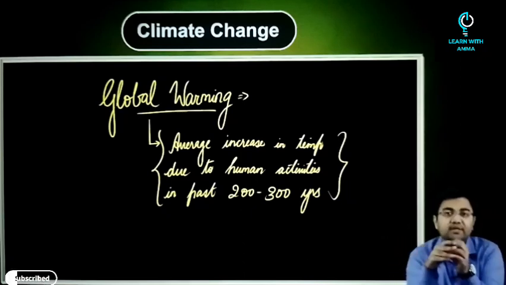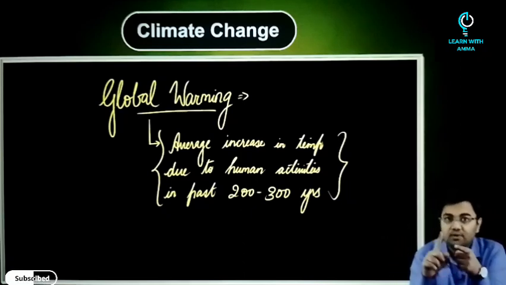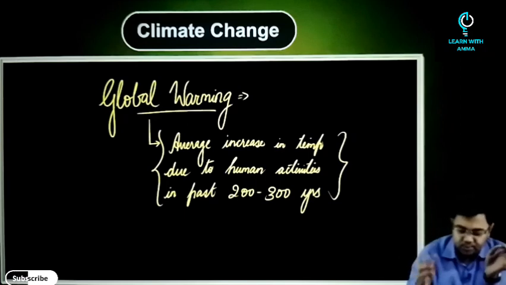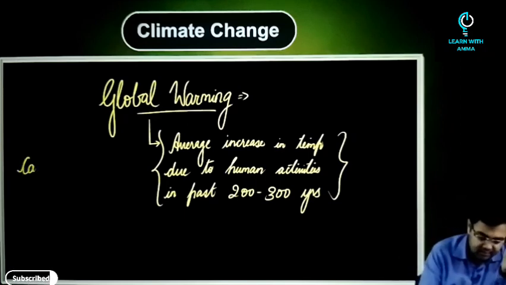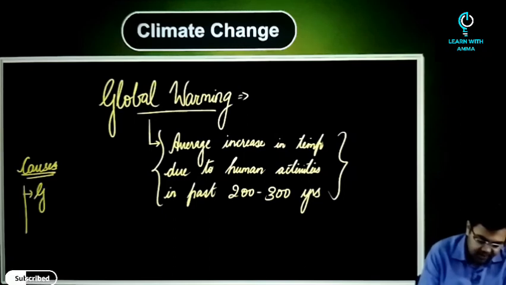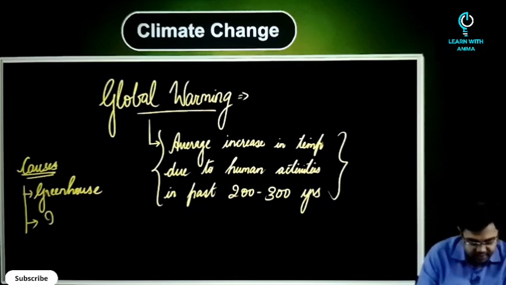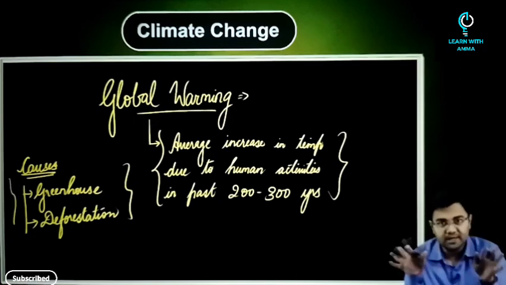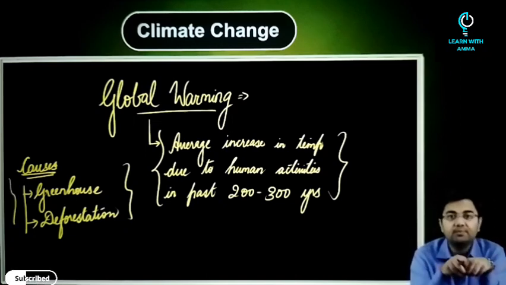Now, what are the various causes of global warming? Here we'll discuss all the major factors that are all the time in the news. First, we will start with the greenhouse effect. The most important cause of global warming would be the greenhouse effect. Then we'll discuss the change in land use pattern, or in other terms, deforestation. After we have discussed these two, we'll discuss all the other factors, but these two are the most important factors that we need to discuss.